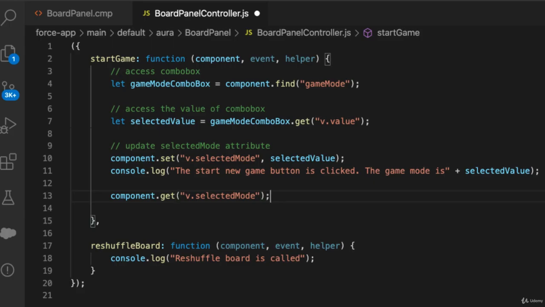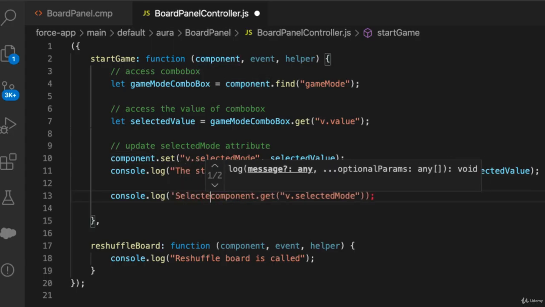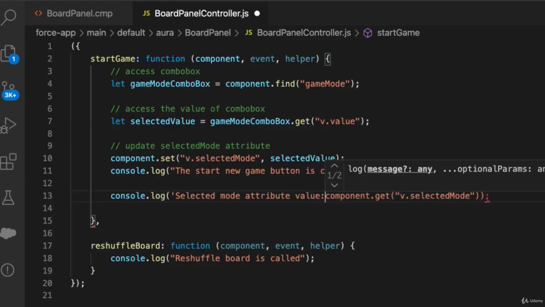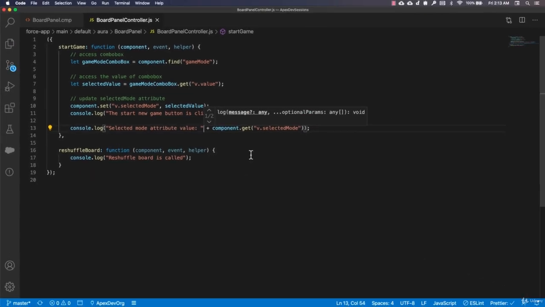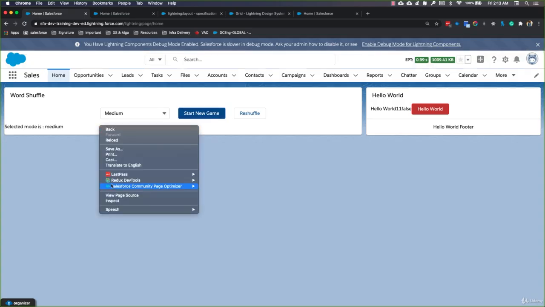So you can store the output of this inside any JavaScript variable, or you can directly print it inside the console log as well. So you can call it like selected mode attribute value. So that's it. Now we can deploy our code, and we will see another console log which is going to fetch the selected mode value, although the value will remain same as we are setting the same value and getting the same value again. Let's open our DevTools,